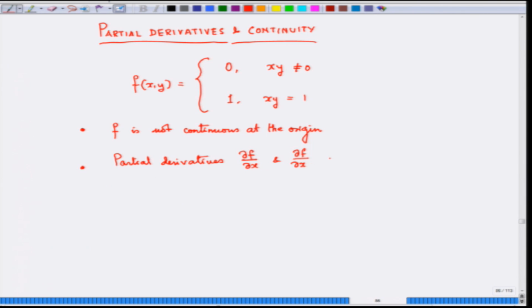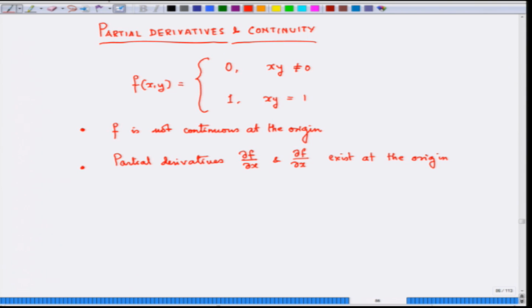These exist at the origin. This is a key fact. So, what conditions should you have on the partial derivatives so that the function is also continuous at that point? Actually, they should be bounded by a number which is independent of x and y, that is the answer. So, okay, let us forget about that, and before going into the chain rule, let us make certain